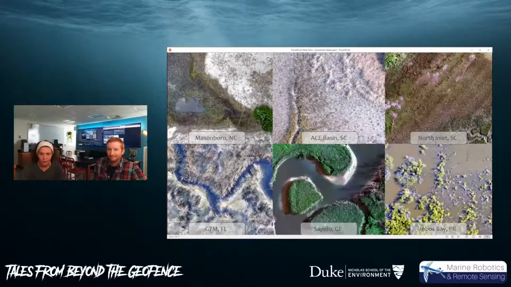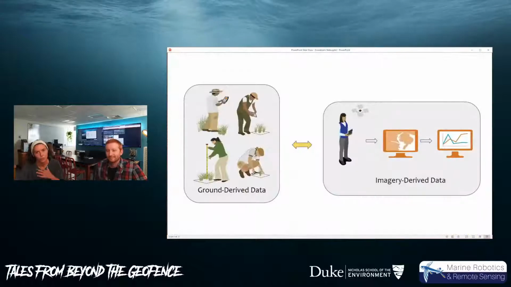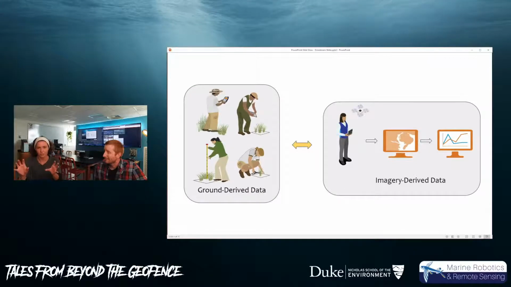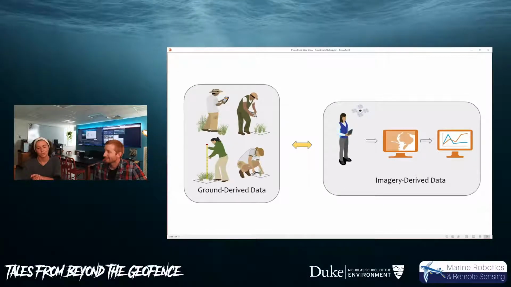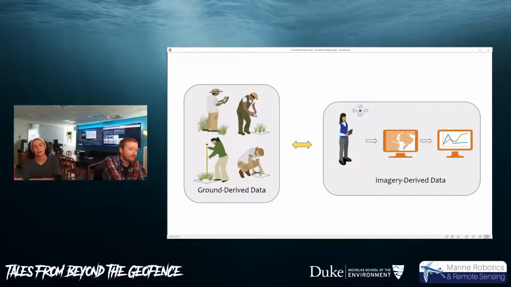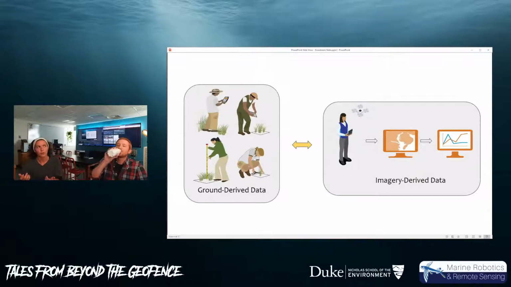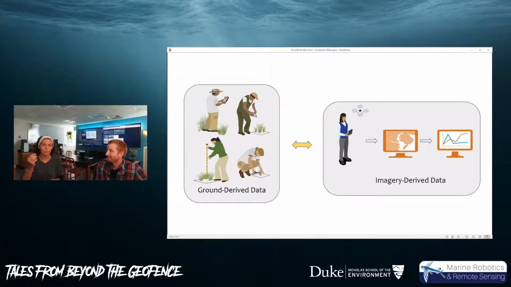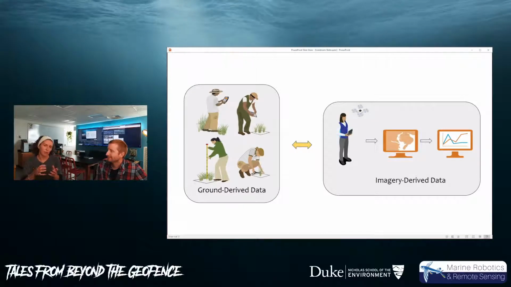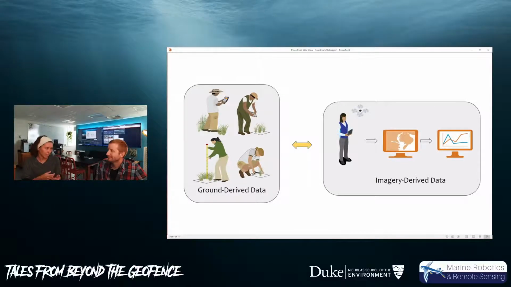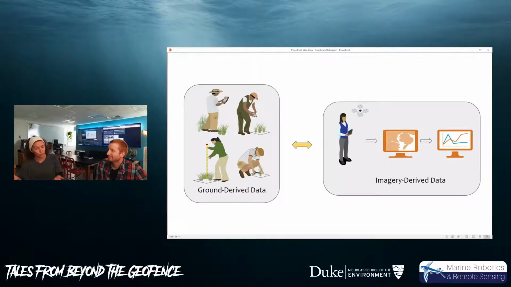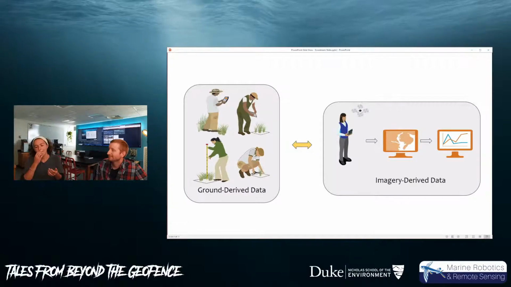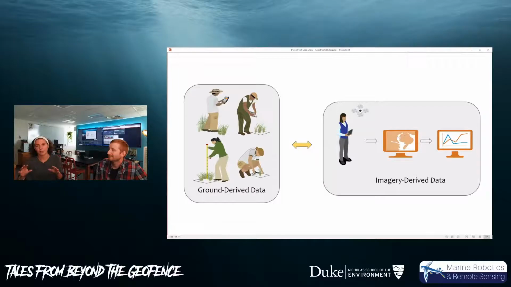Yes. And like Justin said, the whole point of this project, what's illustrated in this little schematic here, was to compare the imagery derived data to the ground derived data, because the question we're asking in this project is, can drones be used to measure all these different aspects of the wetland that humans on the ground have been measuring for years? Can drones do that? Can drones see the same things that people can see on the ground? So that's the stage that this is at right now.